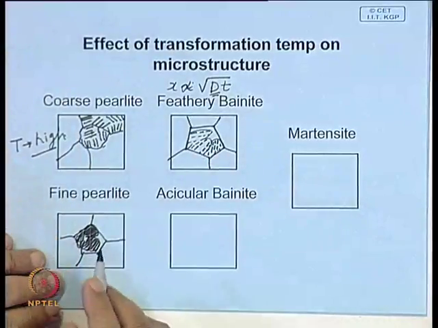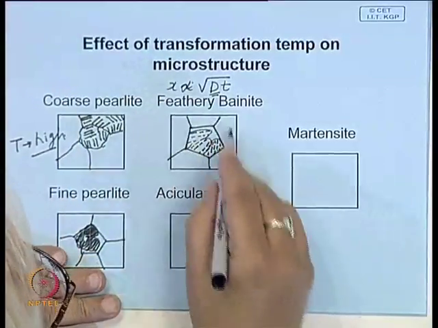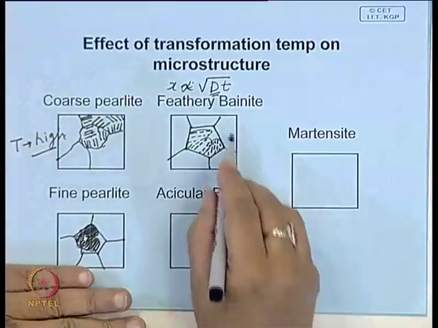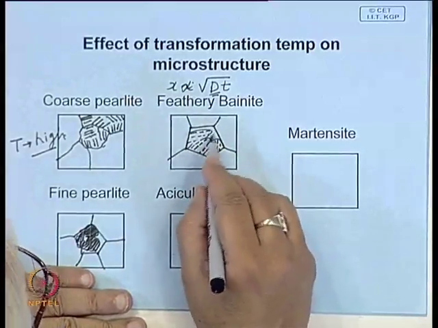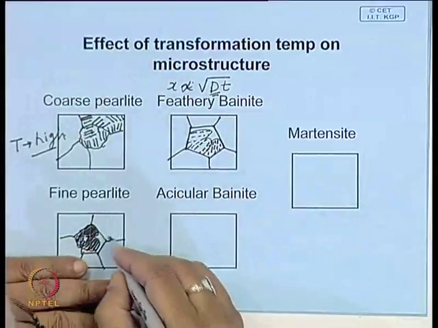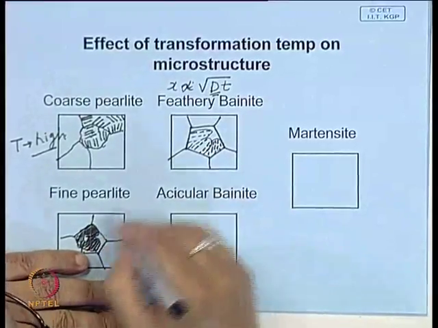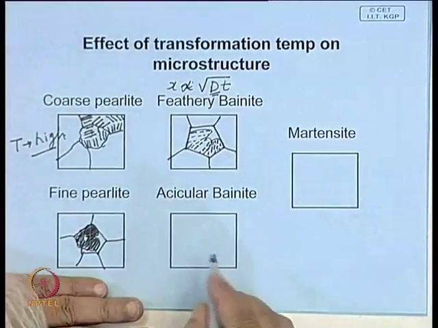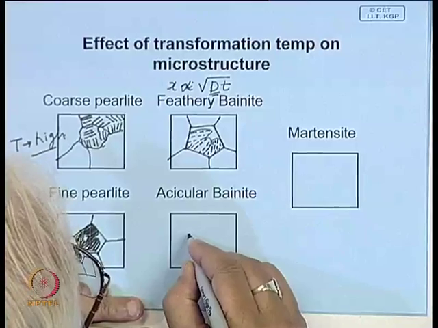The structure is very fine, and what I am drawing here is a very enlarged view. In an optical microscope it may look very much similar to this. It will be extremely difficult to distinguish between fine pearlite and feathery bainite, whereas in acicular bainite,